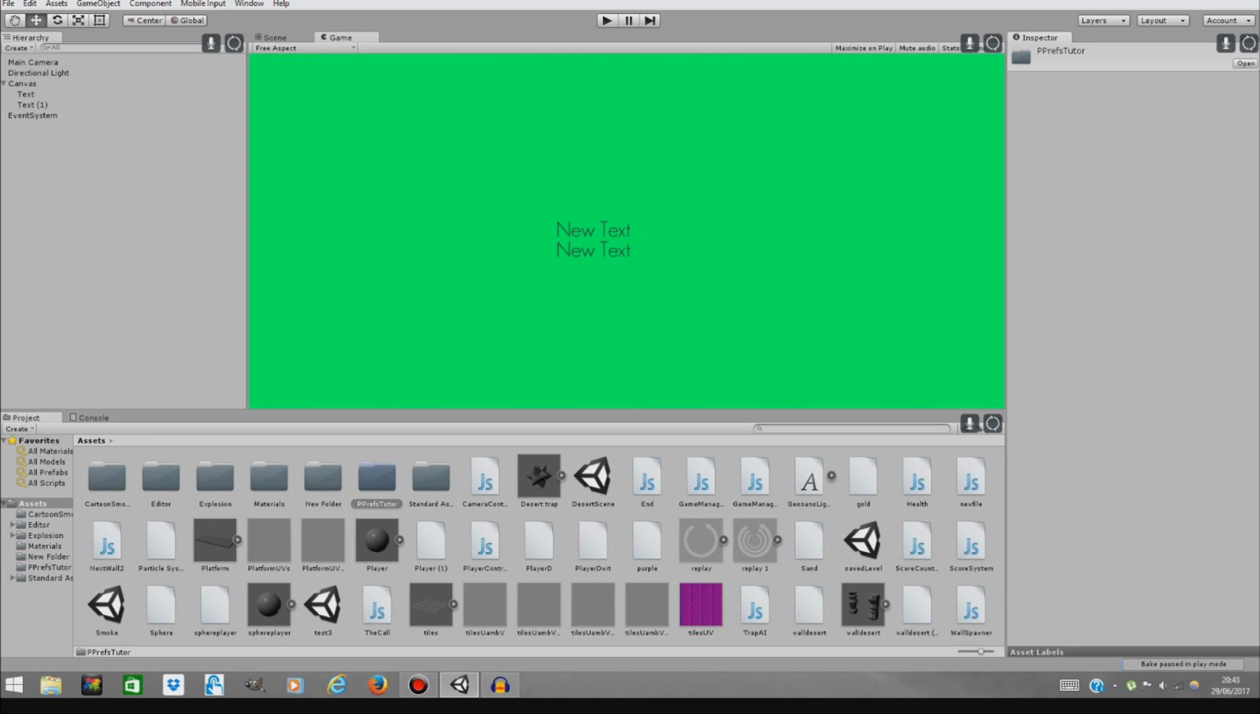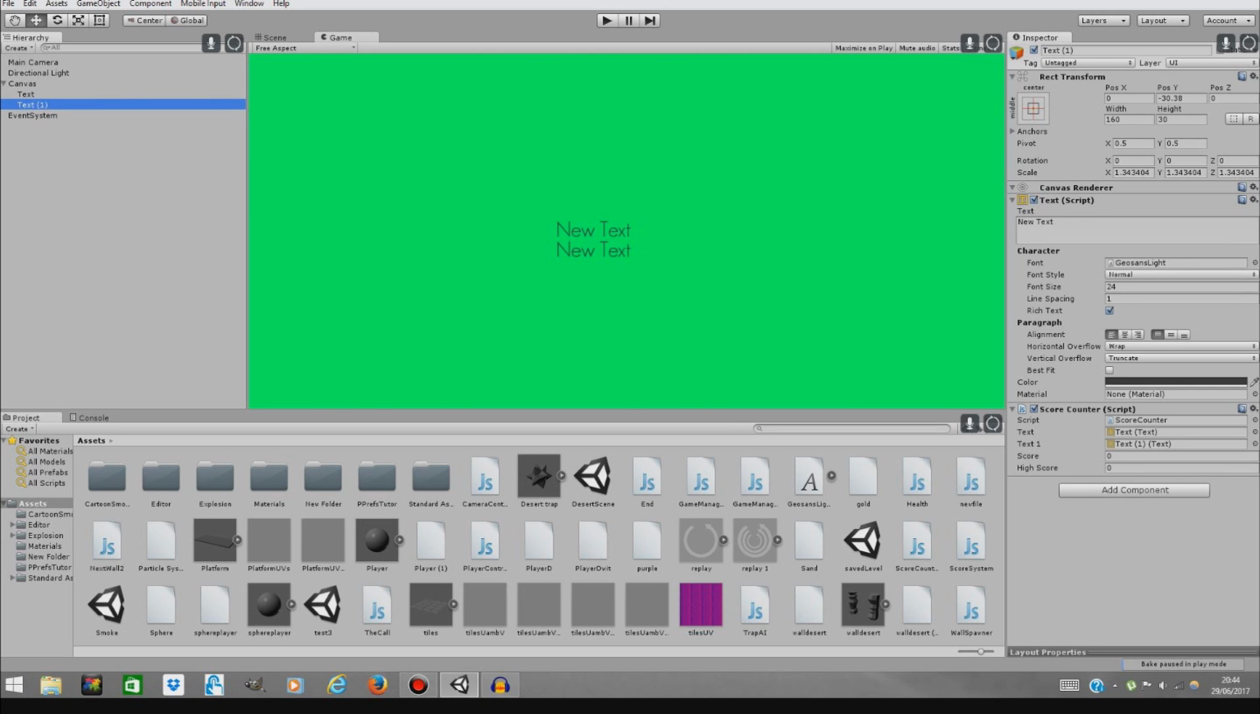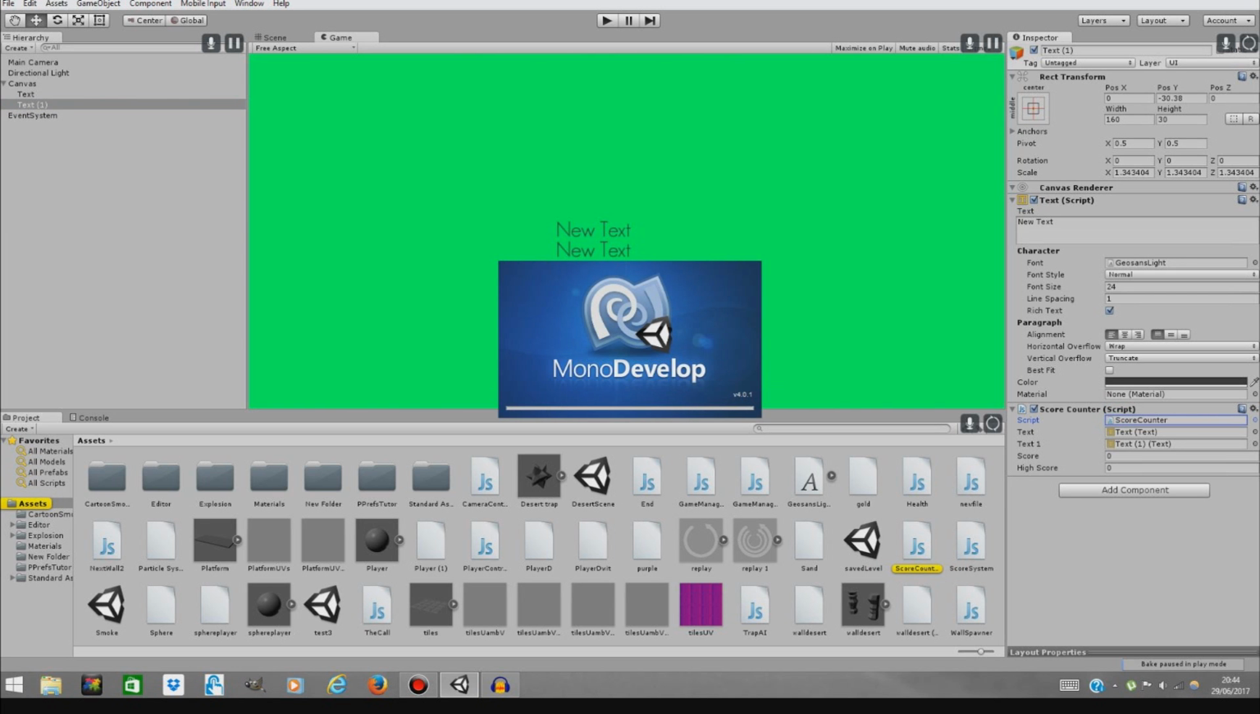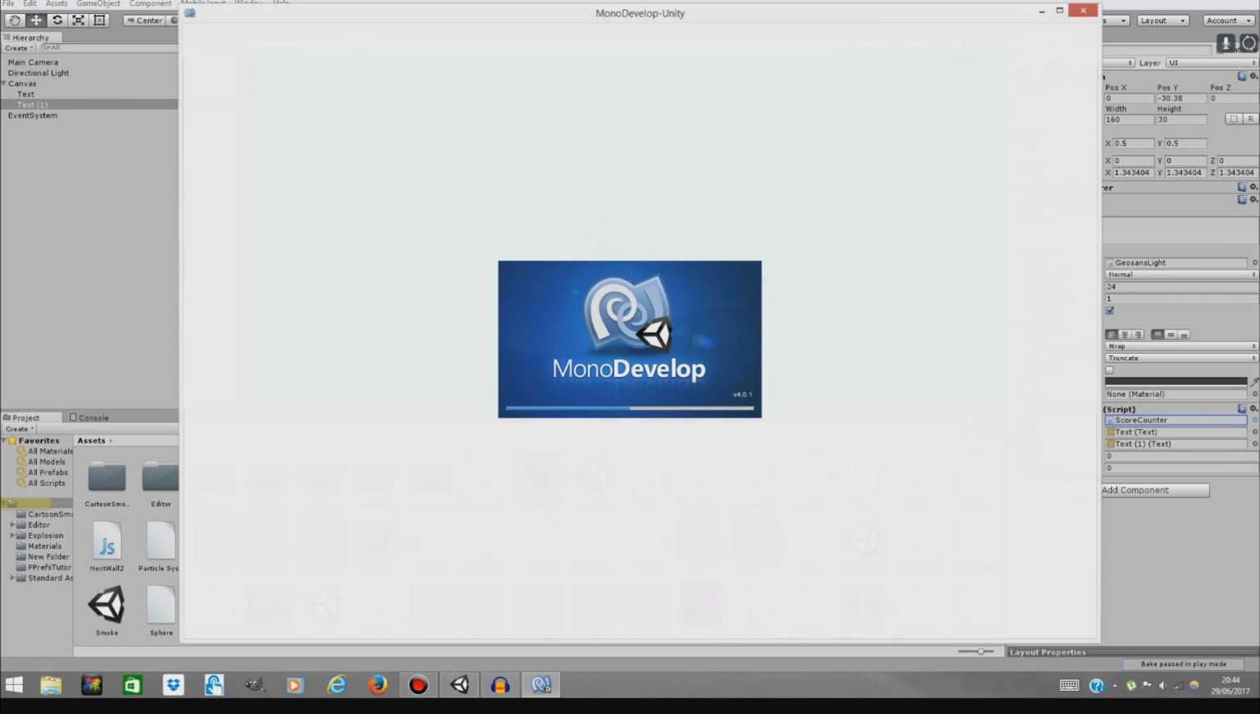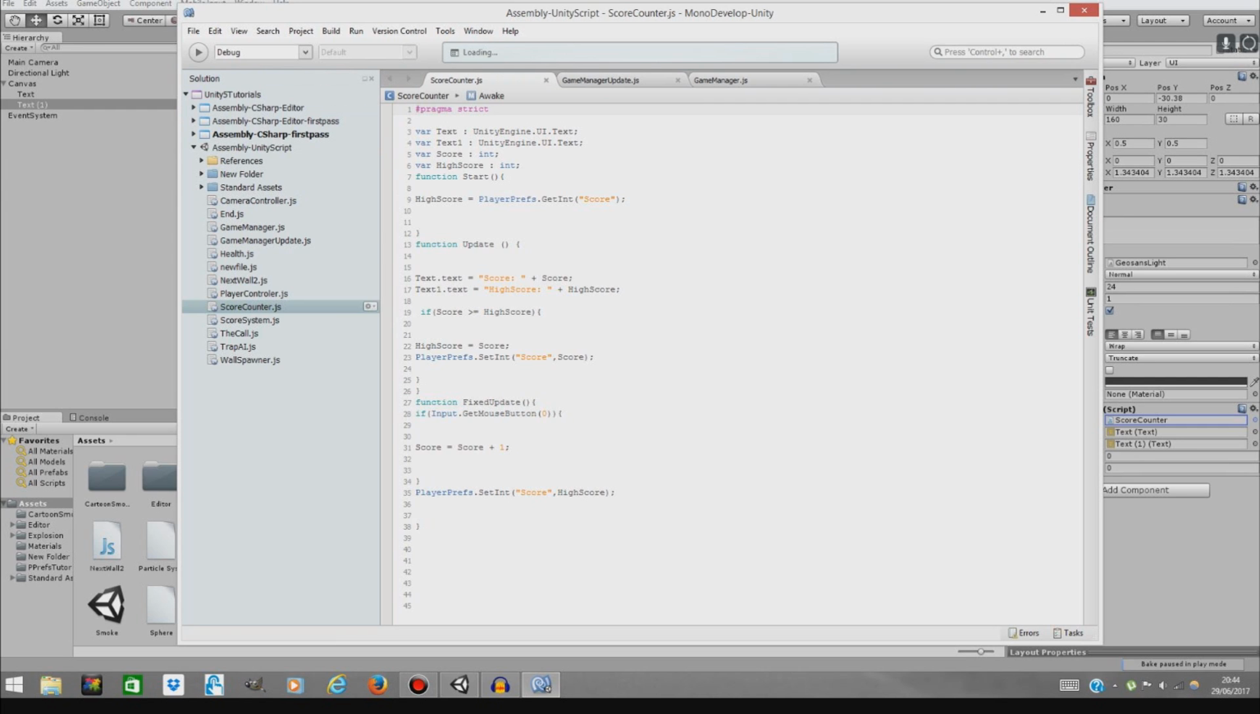So how it's done, that's very simple also. We only have one score counter script on a text, which is applied under the canvas. We have main camera and event system, so we can use all the text properties. So if I open up score counter script in MonoDevelop, just to quickly explain to you how it works,